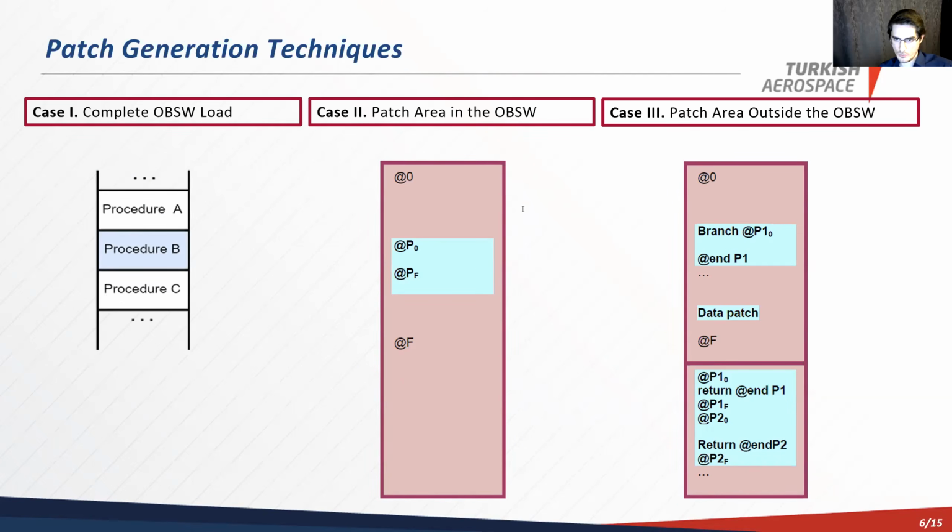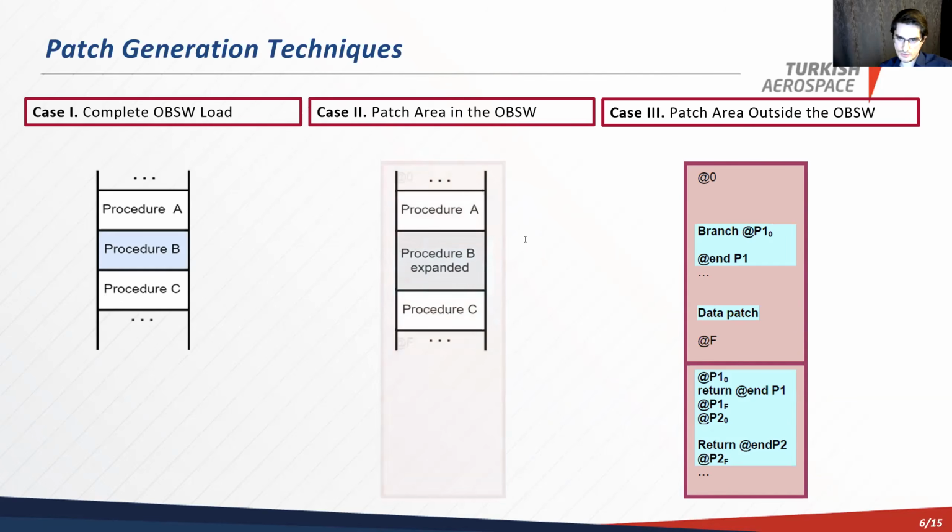In case 2, we will be trying to only update a part of our flight software, like you can see in this blue area. And to show a diagram for this, we can say that if we modify something at the center of our image, say procedure B, if we modify it, it can expand,